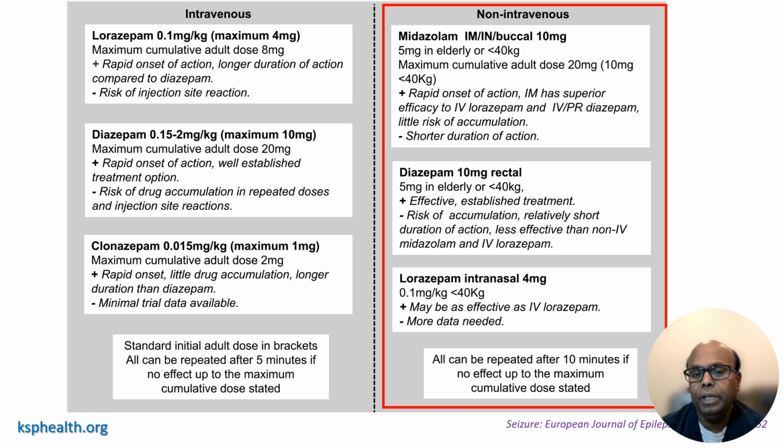In the absence of IV, intramuscular midazolam can be given. If the weight is 13 to 40 kilos, give 5 milligrams. If it is more than 40 kilos, 10 milligrams. Diazepam 10 milligrams rectal can be given. Lorazepam intranasal 4 milligrams. The dose is 0.1 per kilo, 1 milligram per kilogram if the weight is less than